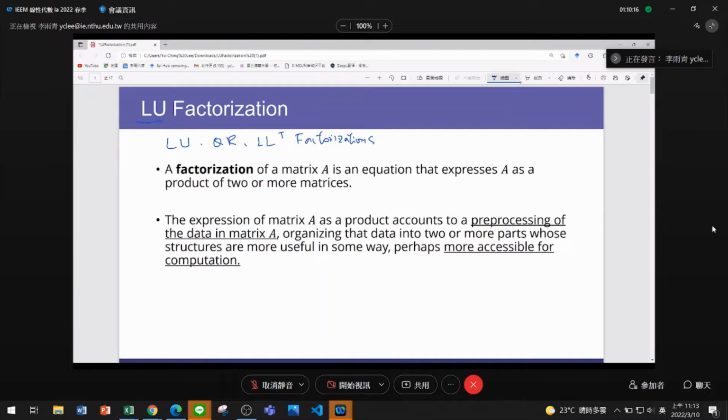Among other useful factorizations, including LU factorization, QR factorization, and LL transpose